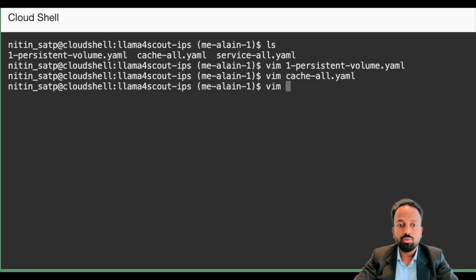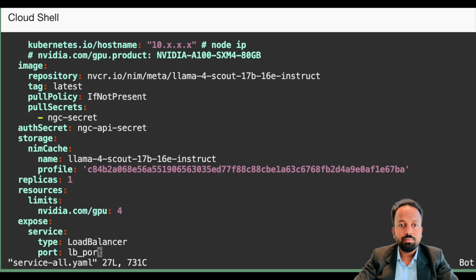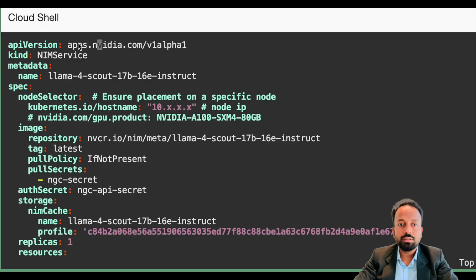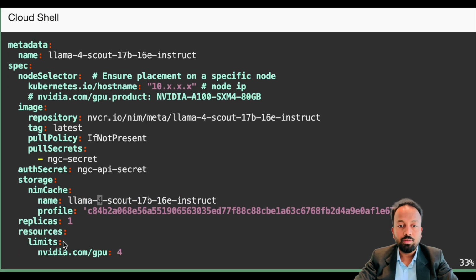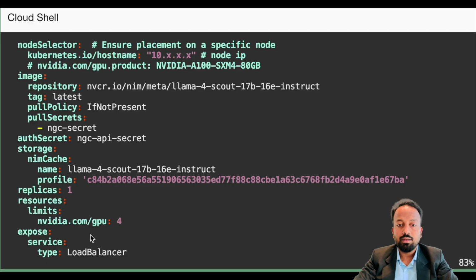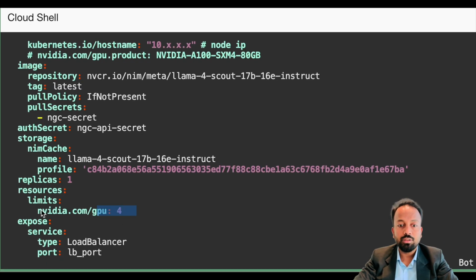The service file we have to launch again. For the service file, it's the NIM service, which is helpful from the NIM operator, and then you have to provide the IP, or you can label the node, the name of the repository, the tag, and also the API keys, the secrets basically, which are useful to download the model. The profile that you have to choose can be chosen when you are caching the model. At that time you can see it. And for the load balancer, you have to provide the IP. Here I have just given the load balancer to hide the IP, and the port, which is the load balancer port. The number of GPUs I'm using is now 4 H100 GPUs.